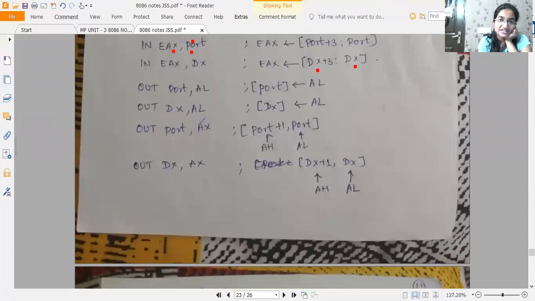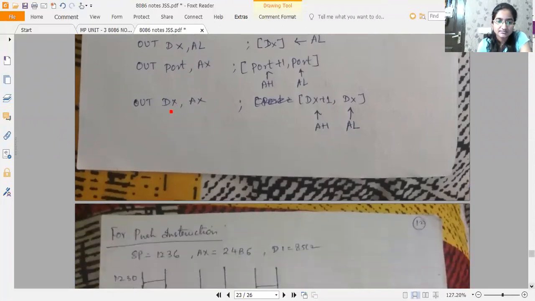AX is now 16-bit data. So 16-bit data will be loaded twice, into port and port plus 1. Port means the 8-bit address of the particular port, so in that port we are loading the content of AL. Port plus 1 is the next consecutive address of the port. That will be loaded with the content of AH. That's it. Similarly, OUT DX, AX.